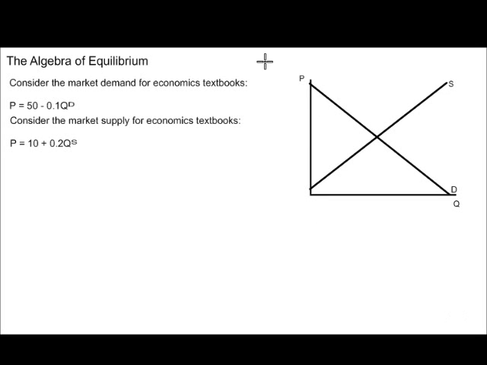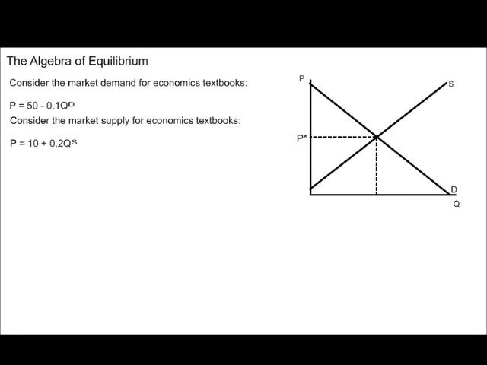This is a quick walkthrough of the algebra of market equilibriums. If you recall, we talked about equilibrium as being the point where demand and supply intersect, specifically market equilibrium, right? This point where demand and supply intersect, our market equilibrium, has two components to it. There is vertically a price component, and horizontally there's a quantity component, and we refer to those as P star